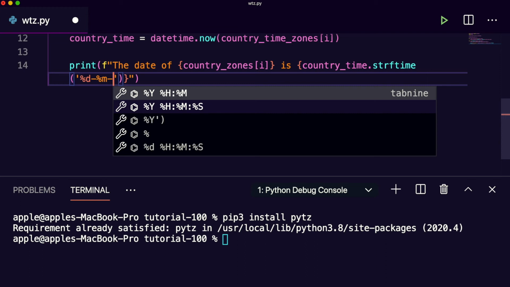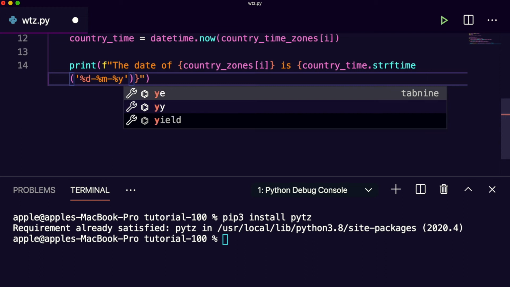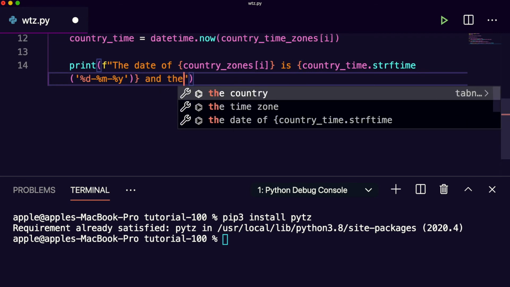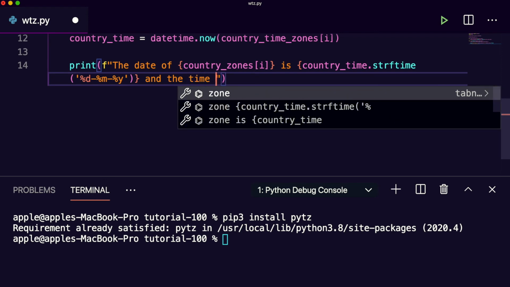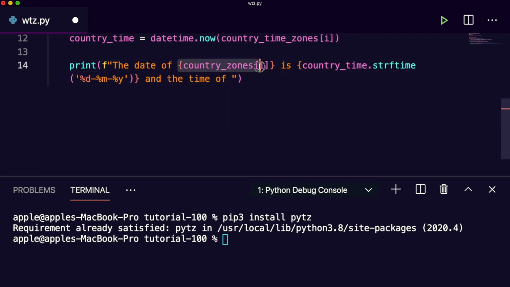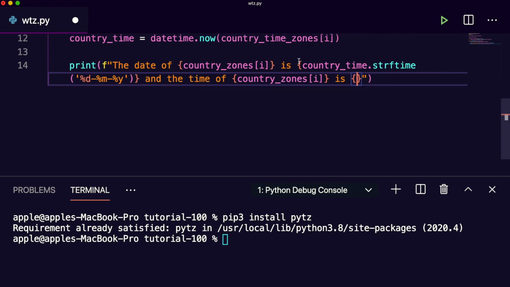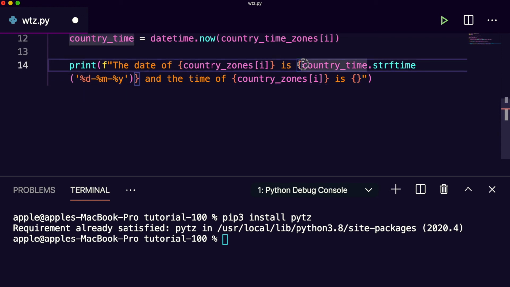Similarly, we have to print the time. So here you can add: the time of the country zone. You pass the same variable again, country_time, with strftime, and print in the time format HMS.